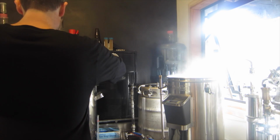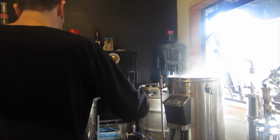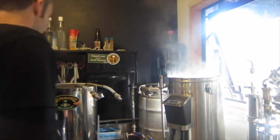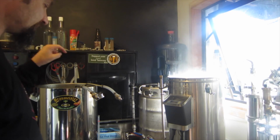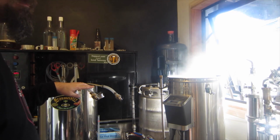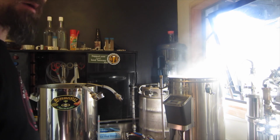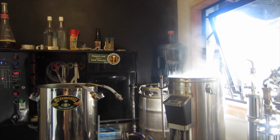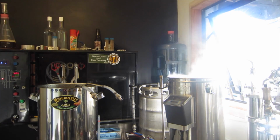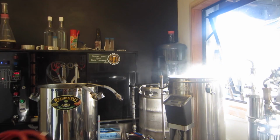Okay, I am putting in the immersion chiller, the immersion chiller for the Braumeister. Getting it heated up, getting it sanitized in there. Now, the counterflow chiller for the Grainfather,